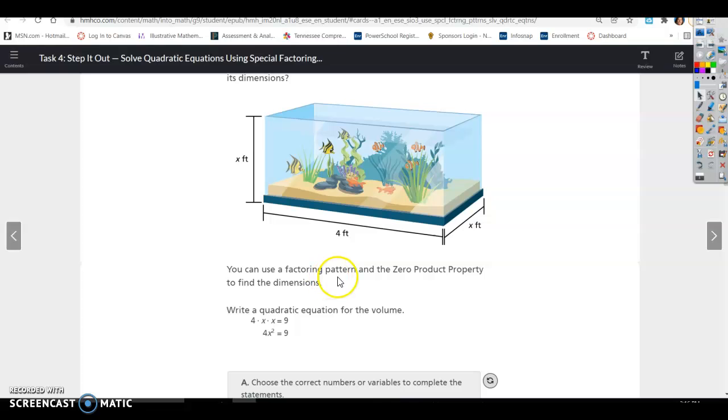So you can use a factoring pattern and the zero product property to find the dimensions. Write a quadratic equation for the volume. So length times width times height, or some version of that, equals 9. You always have height, length, and width; multiply those three sides together, and that gives you the volume of your fish tank, as long as it's a rectangular shaped